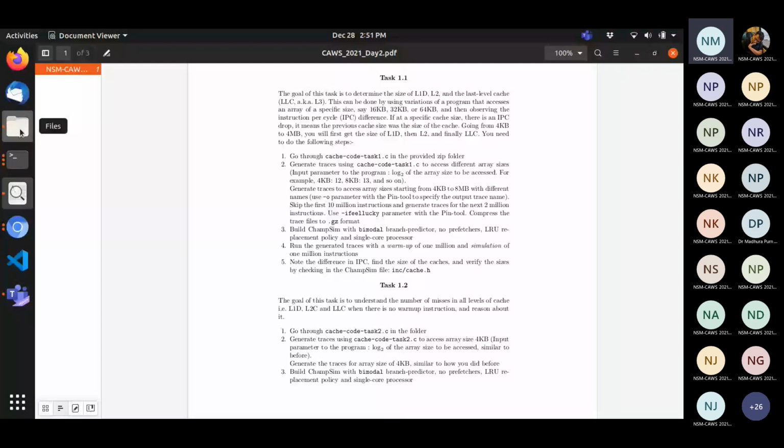So there is a while loop which is running forever. I think he didn't go through the code. So executing will take time, so you don't need to execute it. That code is fine, that code is tested. You just create the traces for that. I do not need to execute that? No, don't execute it. Because you said that you have to put 12 in the command line argument, that's why I was doing it. Okay, so that is for generating the traces. Yes, that is why it is taking time.